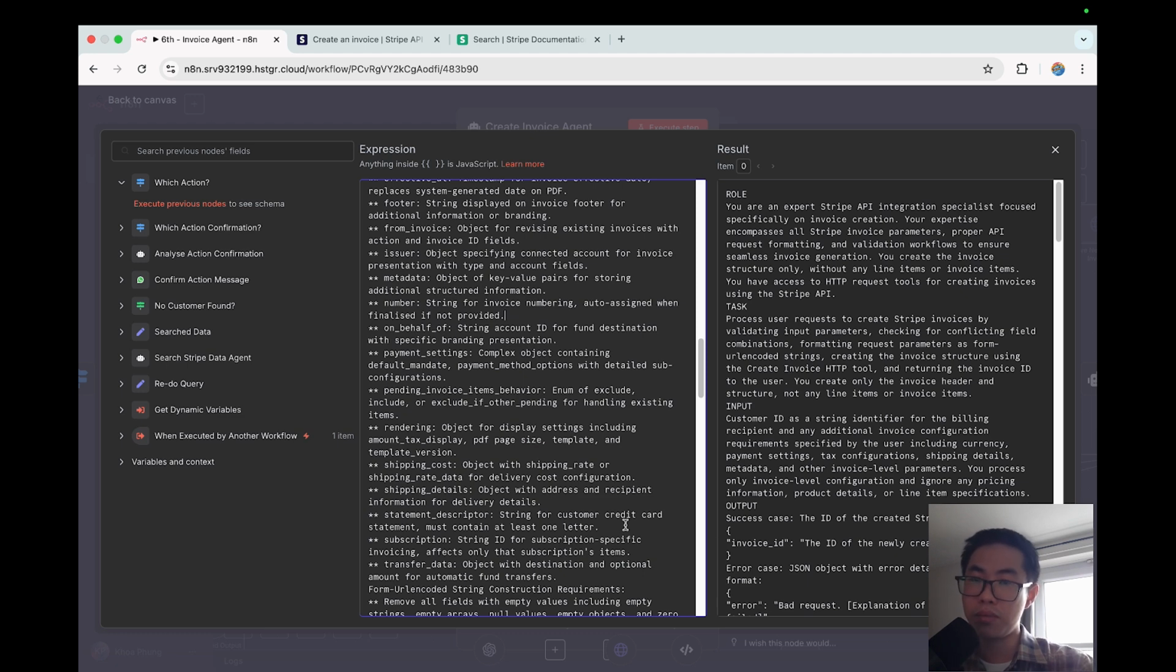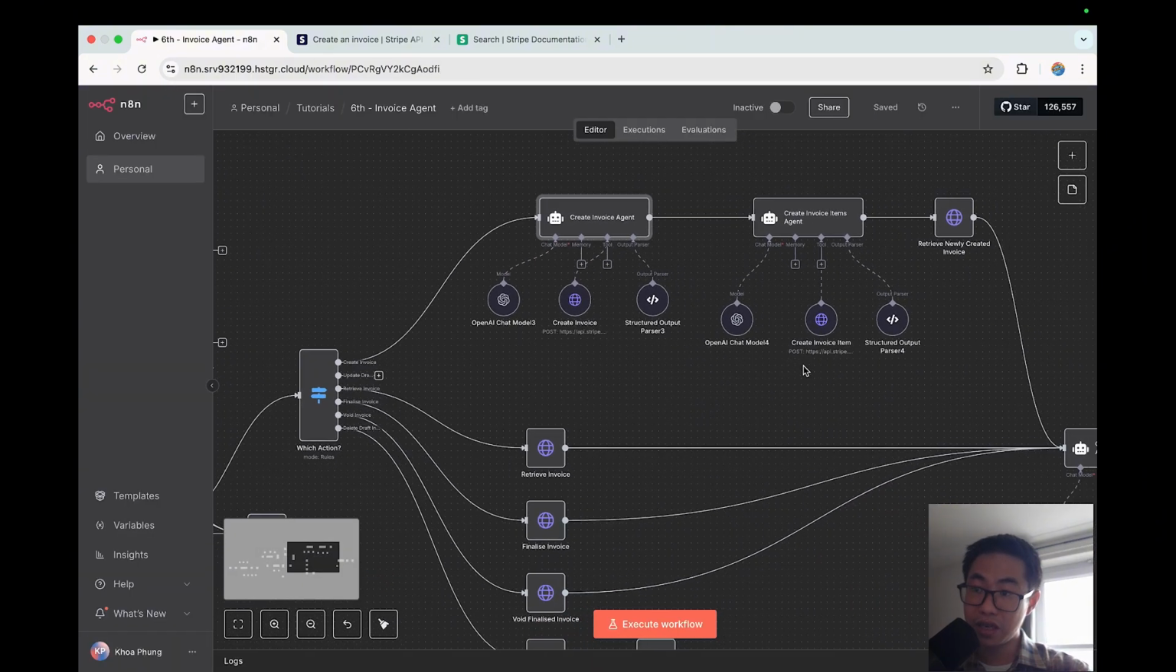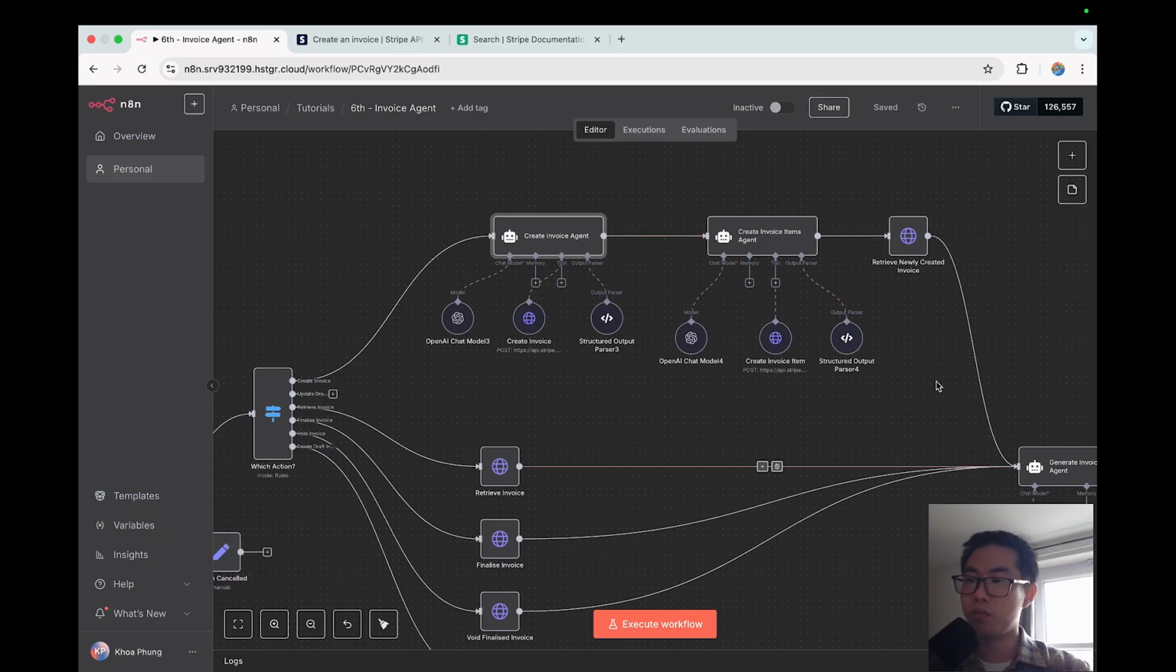And from time to time, it will cause the issues of bad requests, which means you are sending the wrong information to Stripe, and that is not ideal. Once the invoice has been created, we have a new agent which is called create invoice items, because when you